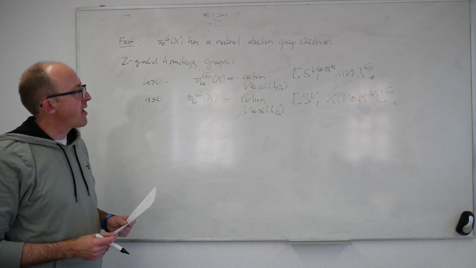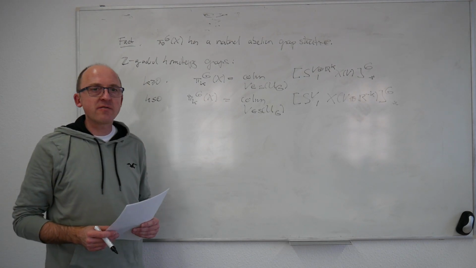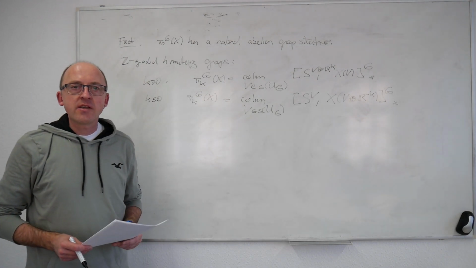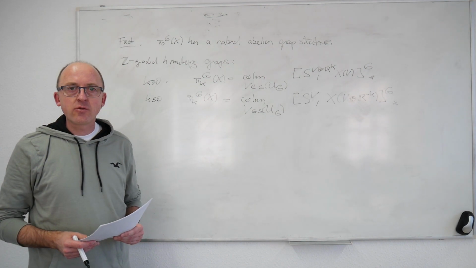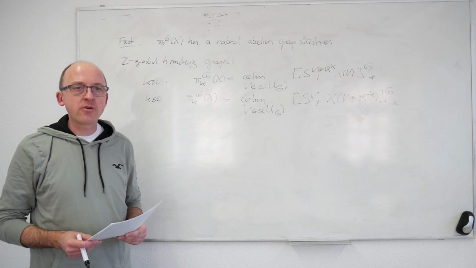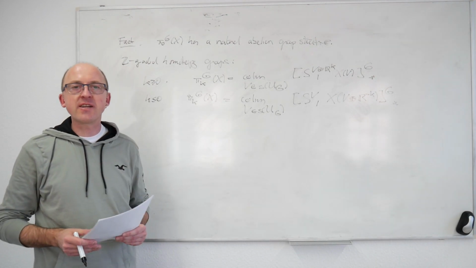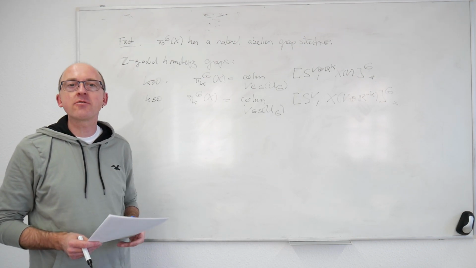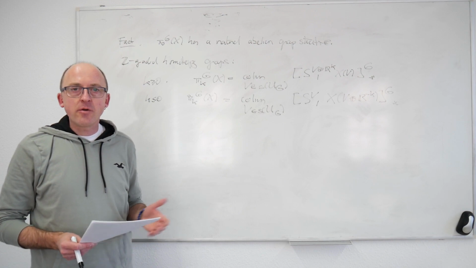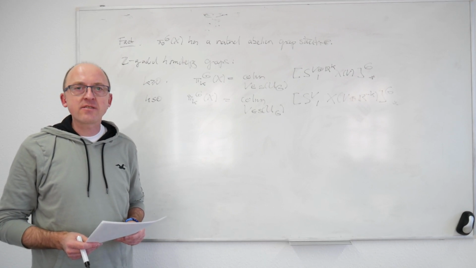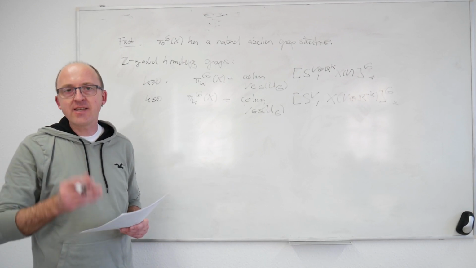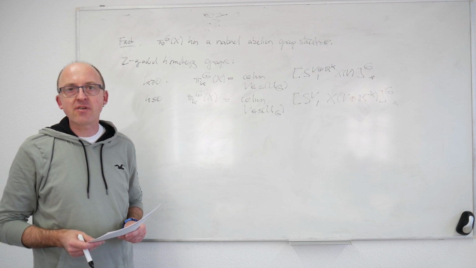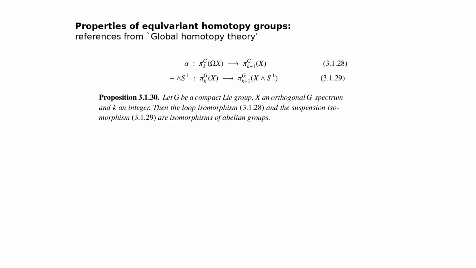Now I would like to remind you of various properties of the equivariant homotopy groups that we have proved in detail for finite groups during the last term. I don't want to even write down the precise statements again, because they're almost literally, or sometimes really literally the same in the compact Lie case as in the finite group case. So instead I'll have some slides in the video where there will be the precise references for this. The first important property is that looping and suspending shifts the homotopy groups.